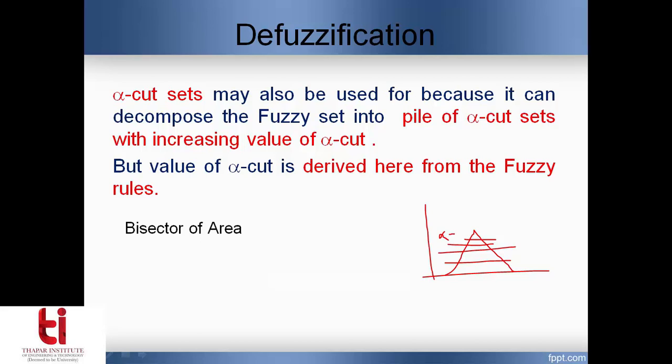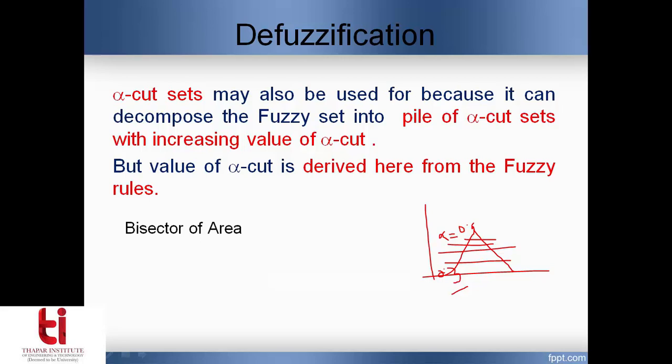So here I can have the alpha value to be 0.9. Here it can be 0.3. So basically, an alpha set will include all the members of the set which have a membership value greater than or equal to this value of alpha. So I can actually decompose it like that,